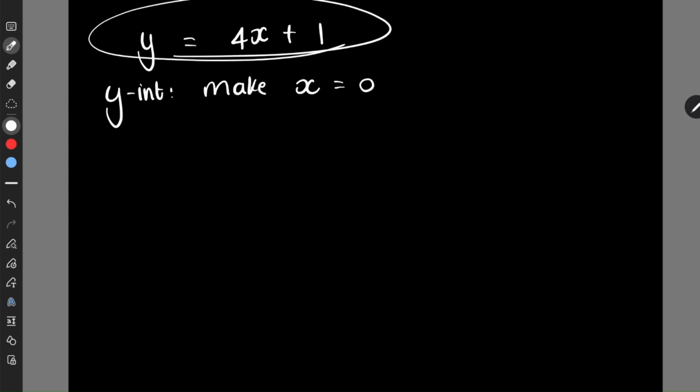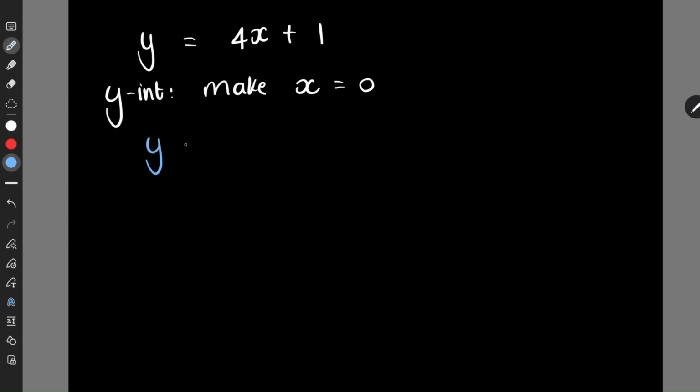Let's say I wanted to go about finding the y-intercept. So to find the y-intercept, you make x equal to 0. So over here we want to make x equal to 0. So we want to say, let's bring back the color. y is equal to